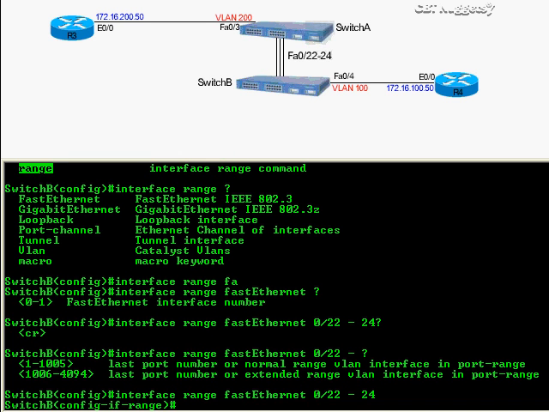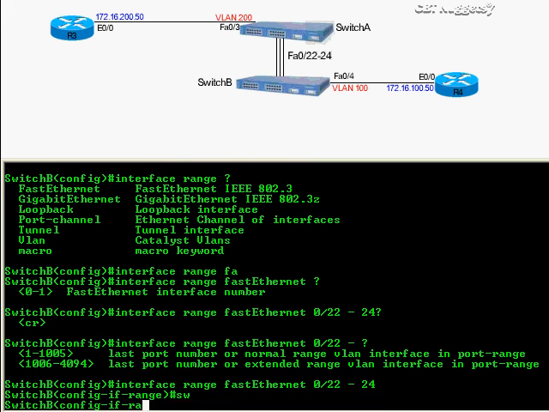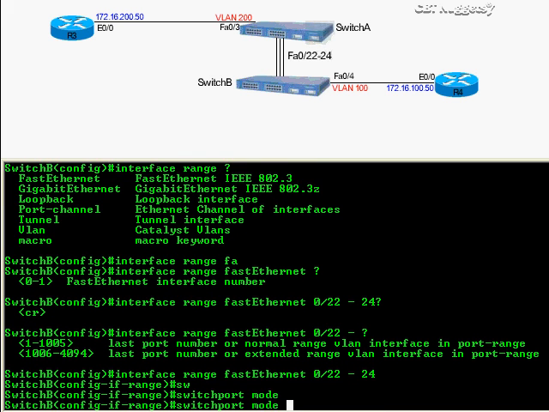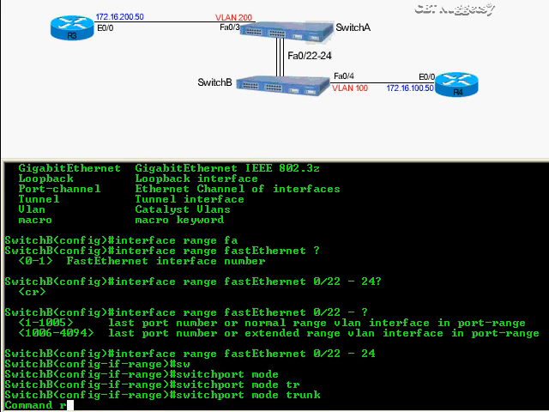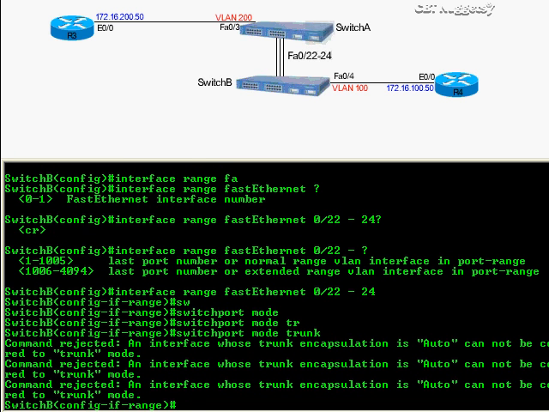So when I hit enter, I'm now in the interface range configuration mode, and all the commands I type apply to all three interfaces. And the first thing I want to do is change this into a trunk, and it's going to give me an error. I want you to see it. switchport mode trunk. The reason why is you have to set the trunk encapsulation before you turn on trunking mode. I think it's kind